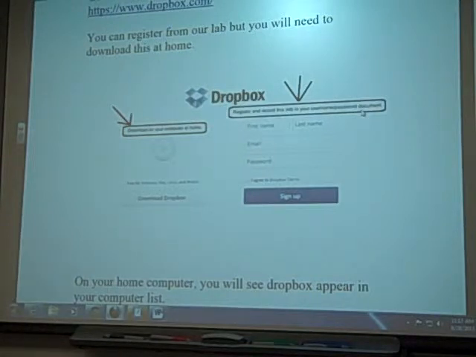So once you get there, then you've kind of got everything finished. What I want you to do now is go to that username password document,